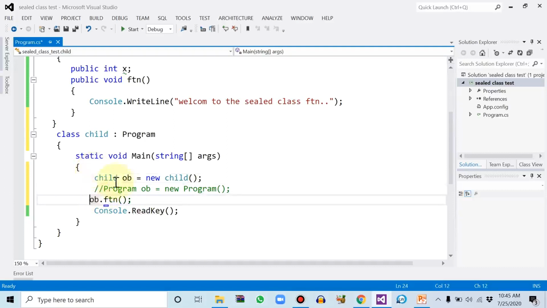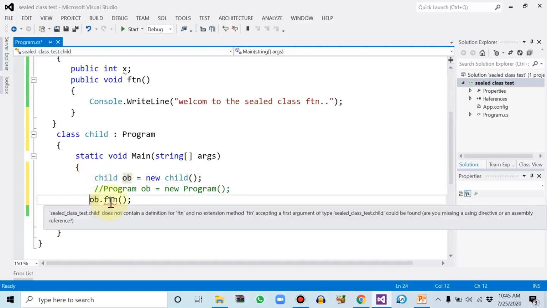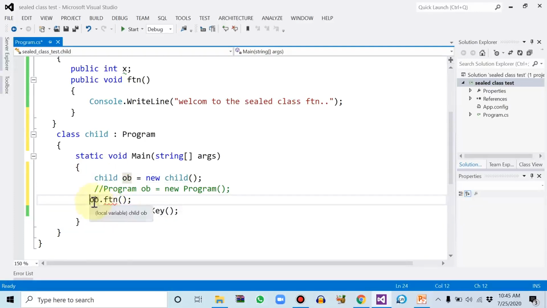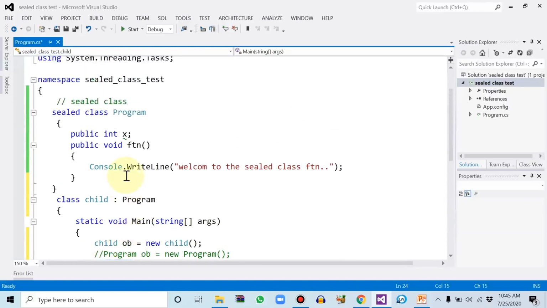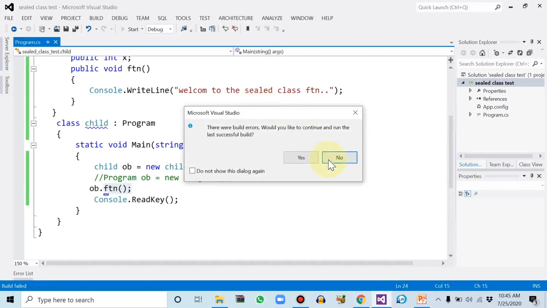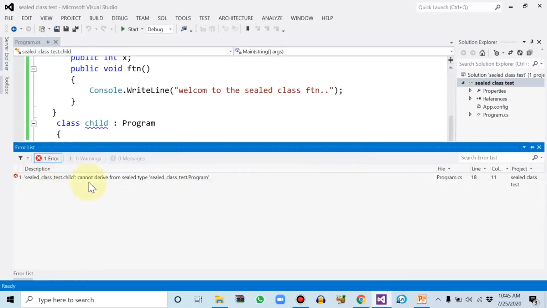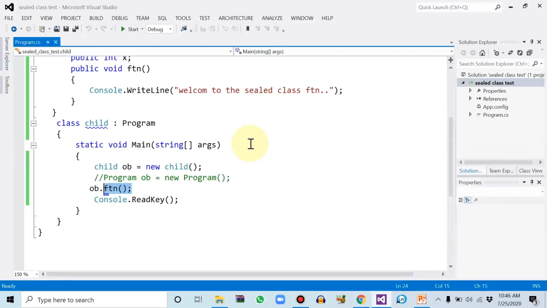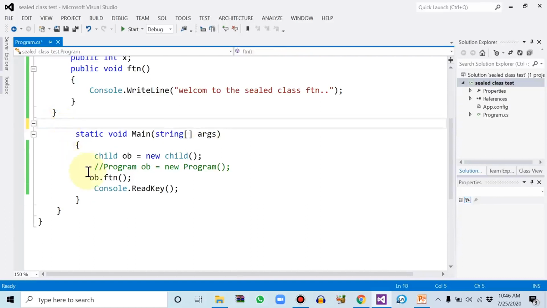So we have just created a child object and start to call the function ftn, which is a member of a sealed class. So you can see there is an error shown, and let's see what the error is. The error is: sealed class cannot derive from the sealed type. So students, as you can see, we can write the inheritance, but the compiler doesn't allow us to inherit this class. So now let's see.